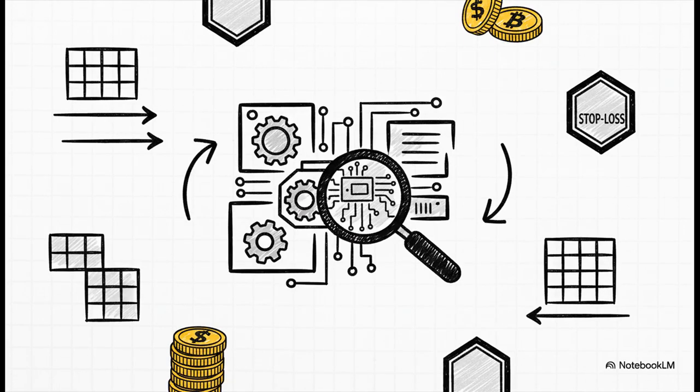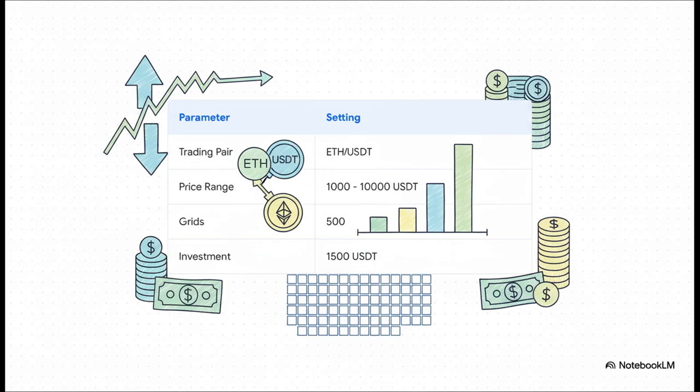Okay, I know all these settings can sound a bit theoretical, so let's make it real. Let's walk through an actual example to see how this all clicks together. So, let's say we're trading ETH against USDT. For our setup, we're going to set a really wide price range, a low of 1,000 USDT and a high of 10,000. Inside that huge range, we'll set up 500 grids, and we'll put in 1,500 USDT to get the